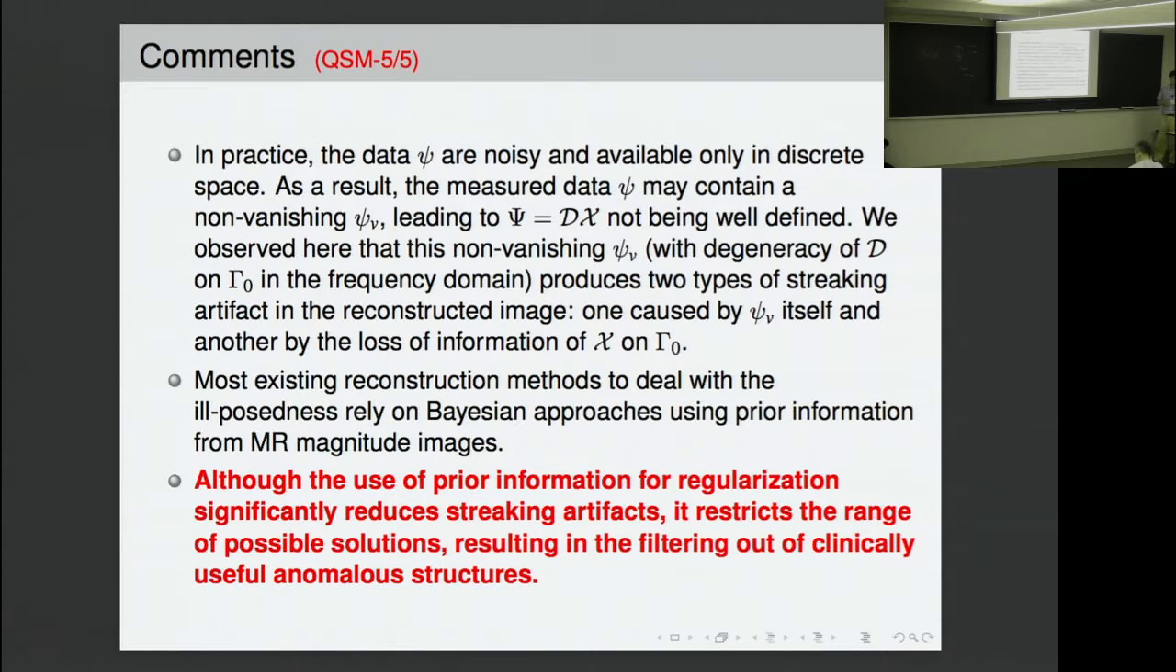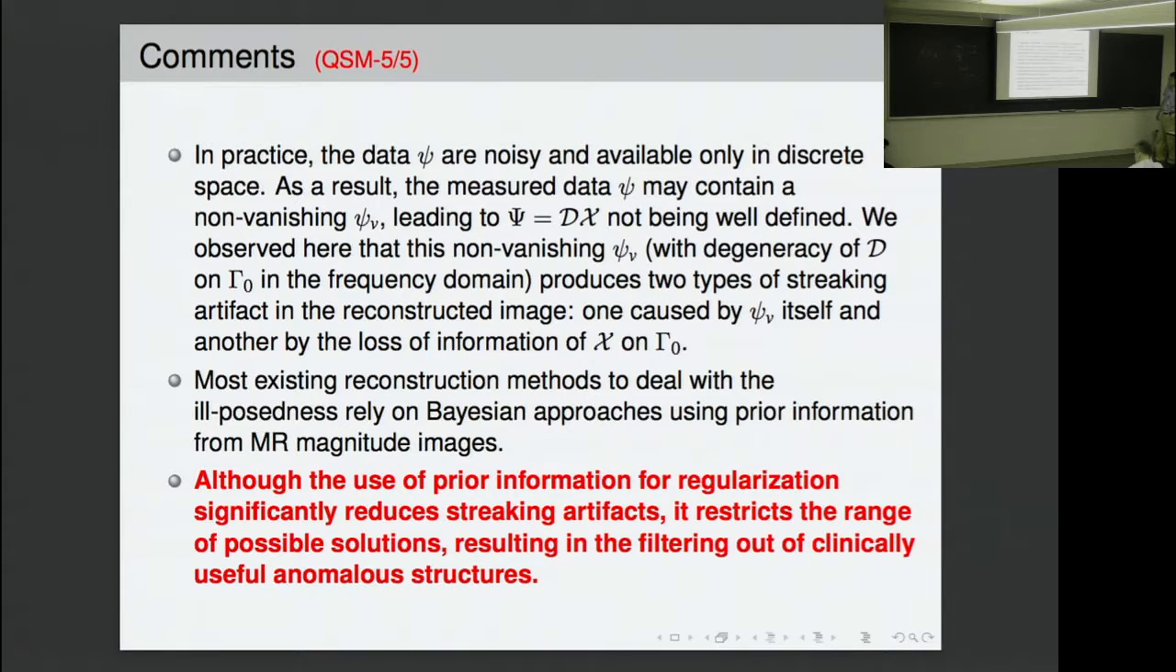So far they use the prior information. The prior information is that there is a problem. Somehow he removed the noise, evaluated the image, and removed the artifact using the prior information. But here is the last one. Although the use of the prior information for regularization significantly reduced the streaking artifact,